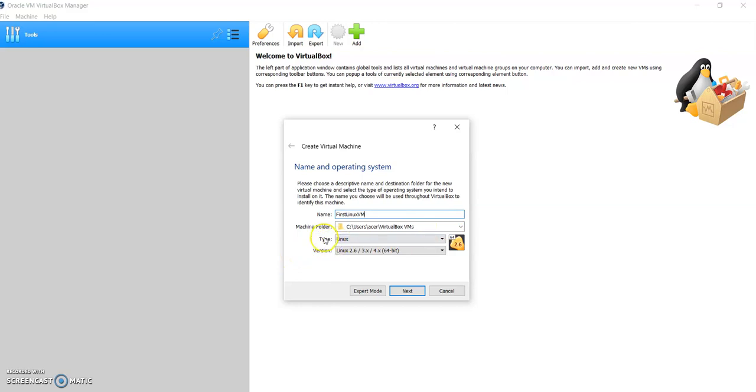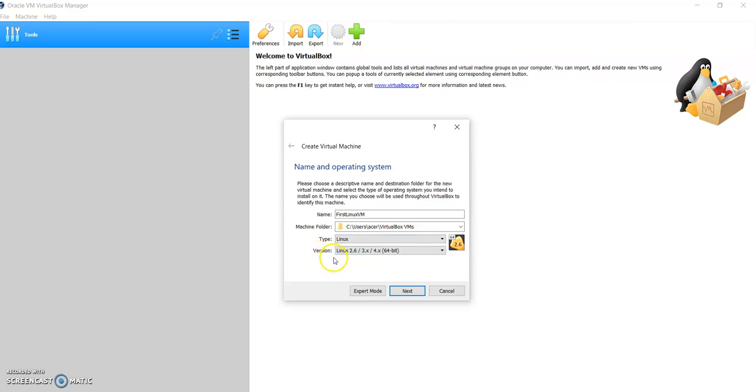Now you need to provide the type of the operating system that you need to install in this virtual machine. I need to install Linux operating system. In this virtual machine name itself, it is mentioned as First Linux VM, so it automatically picked the operating system name as Linux. Here, this drop down list, if you click, you can see different operating systems. So whatever operating system you want to install, accordingly you can choose. I am going to install Linux operating system, so the type is Linux.